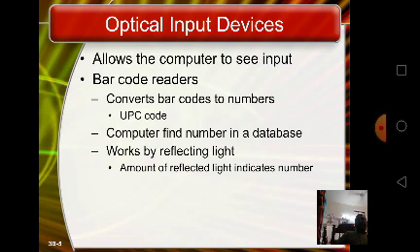Workers for delivery services such as FedEx also handle barcode readers in the field to identify packages. These devices read barcodes, which are patterns of printed bars that appear on product packages. Barcodes identify the product. The barcode reader emits a beam of light, frequently a laser beam, that is reflected by the barcode image.